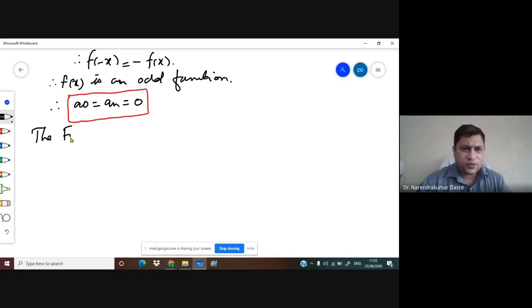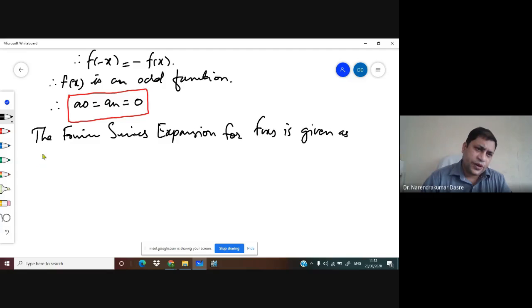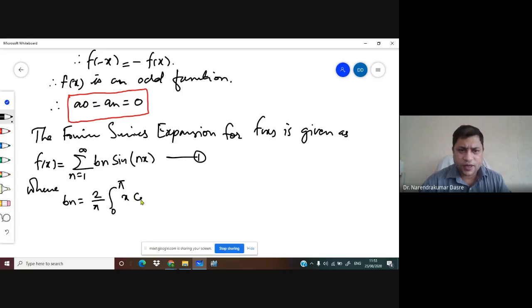So we can have the Fourier series expansion for f of x is given as, what you can have is f of x is equal to summation n running from 1 to infinity. Now see, a0 is 0, an is 0, so there exists only bn, and here we'll be having sine of nx. Let it be equation 1, where bn is equal to, this will be 2 upon pi integral 0 to pi